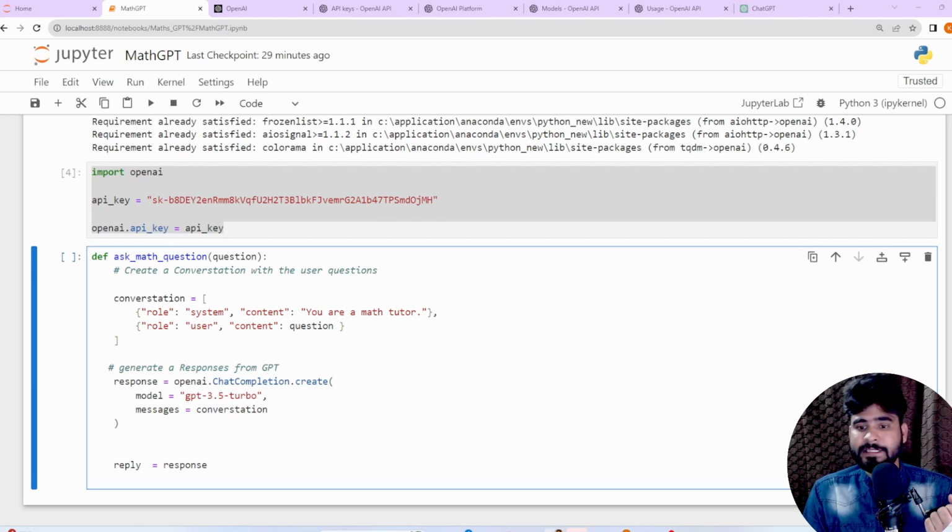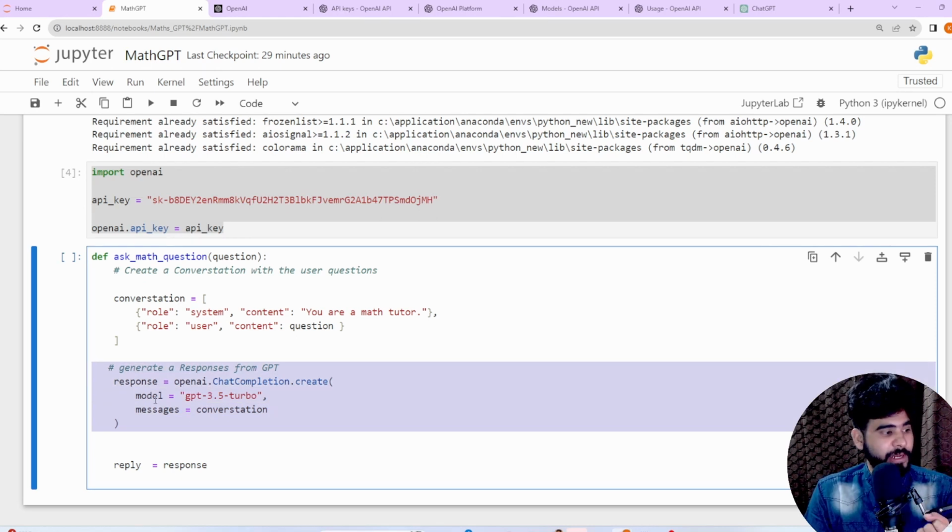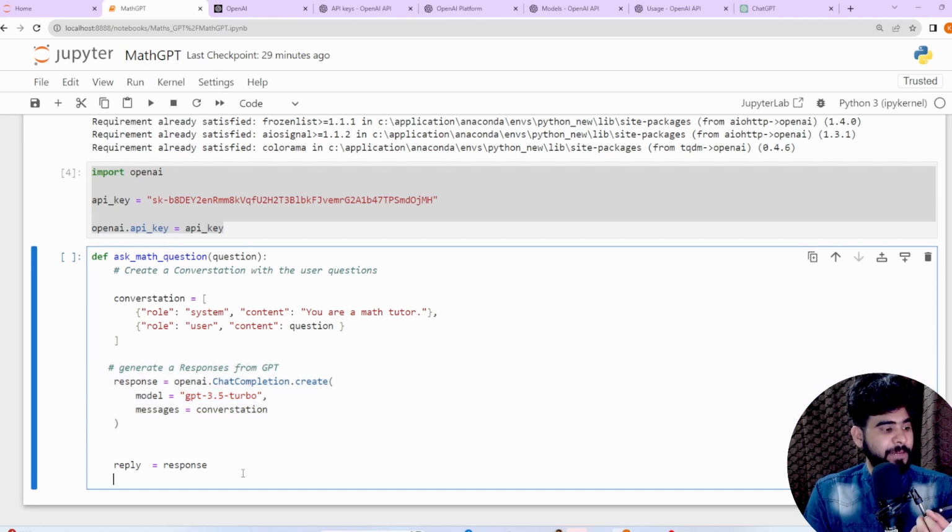As you can see, this response variable mainly contains the output that we receive. Now, whenever this reply variable receives the response, here we can pass the choices variable. So let me pass choices here.